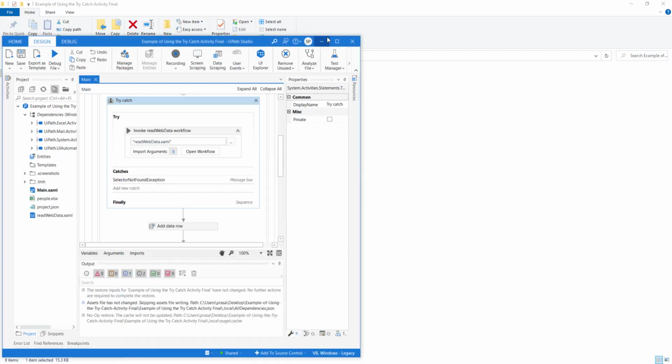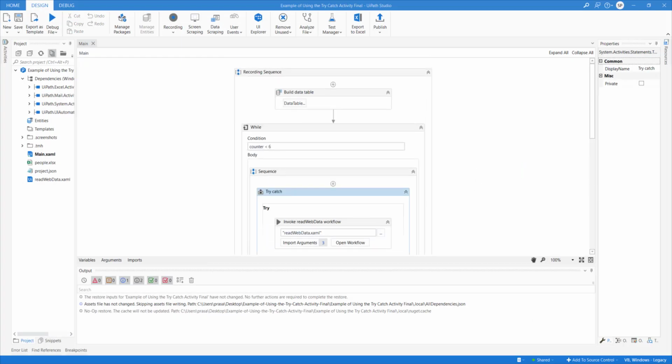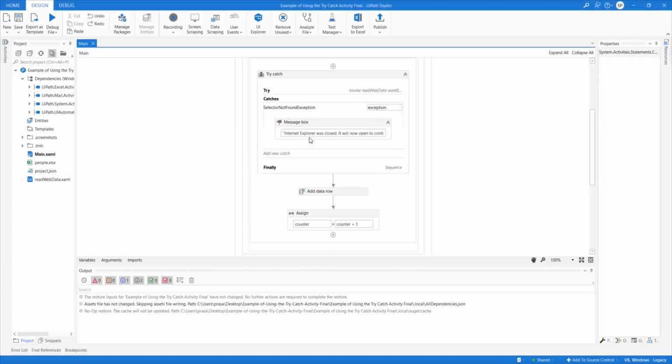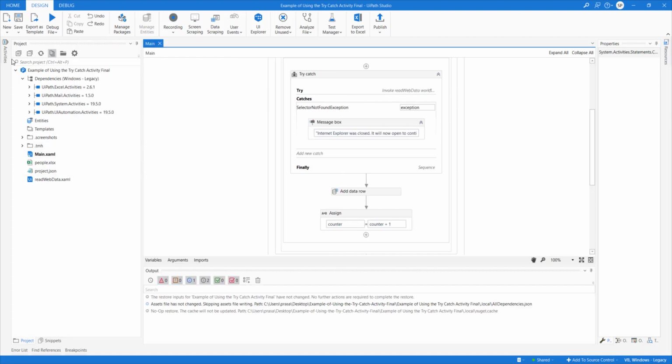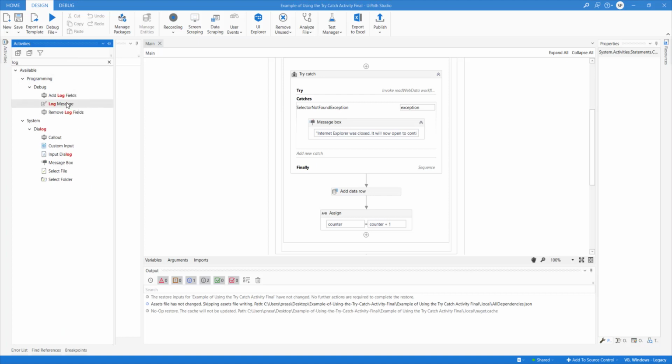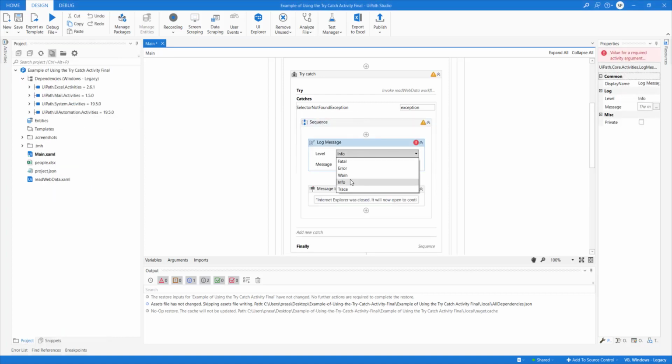So let's close this. We don't need this. Now, as of now, Internet Explorer is not open. So when I run it the first time, it will come here and a pop-up message will be displayed. Let's put a log message as well, just to showcase how it can be done. So we'll put a log message here, and in the header we'll say: Bot has failed due to exception